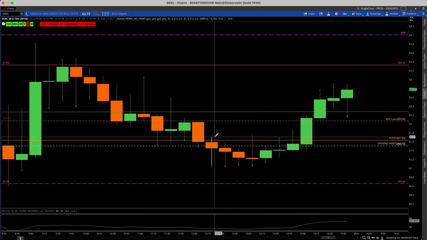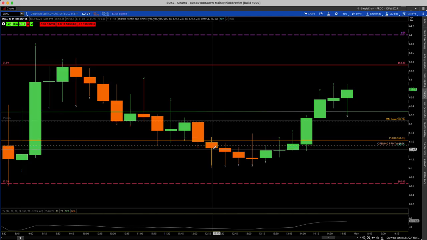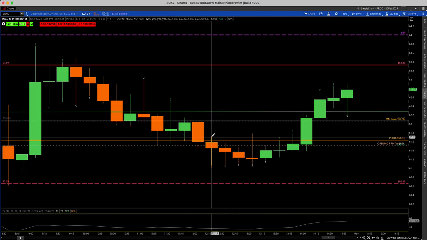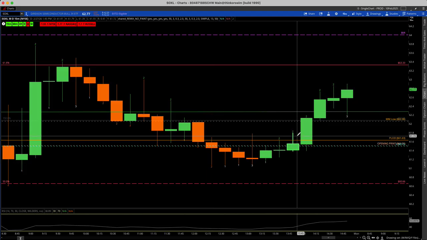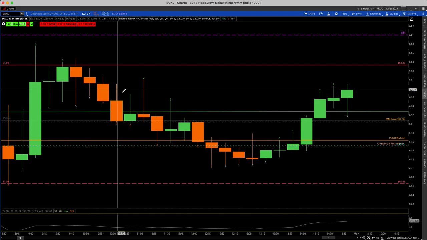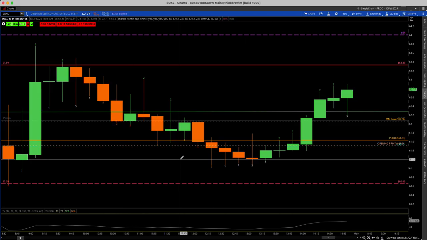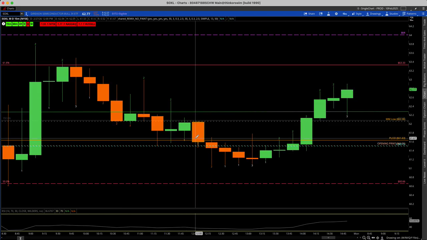Once we got above this two up, the high of this two down right here, that the lower low, that's when we went ahead and sold the position of puts. We actually just sold the full position, getting close to the end of the day. And if the bottom hasn't totally dropped out, then you run into that risk of having the end of day